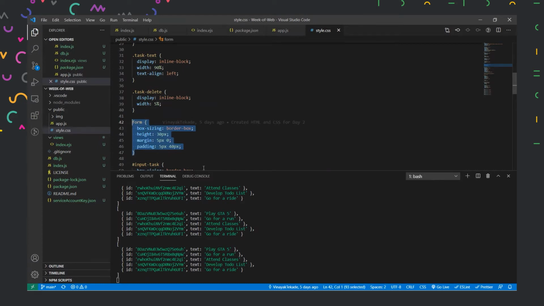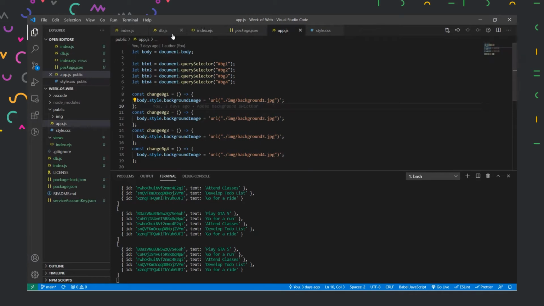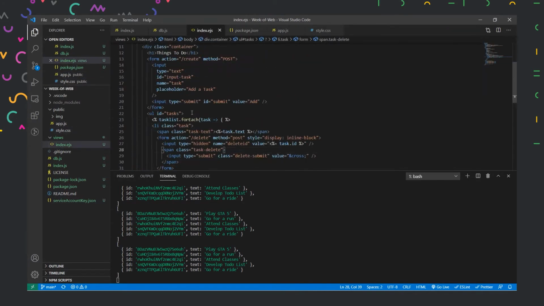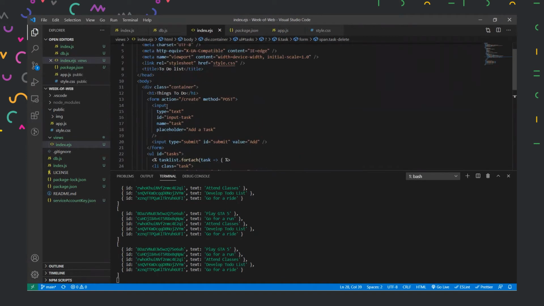So instead of selecting this form, what I have to do is apply this property only to our input text form. So we'll have to create IDs for that now. So going to our index.ejs, this is our first form. This first form can have some ID called input text. Are we already using it? Yes, we are already using it.